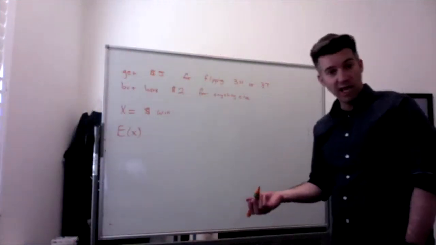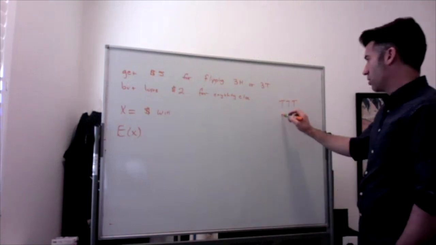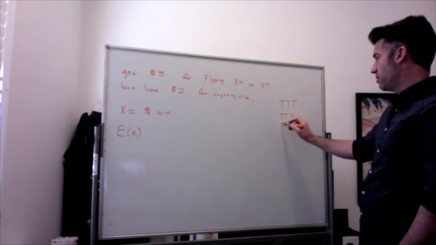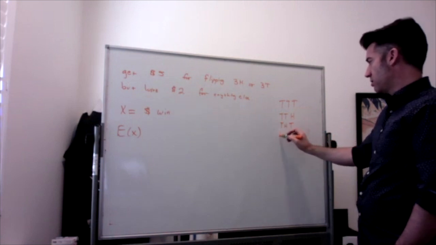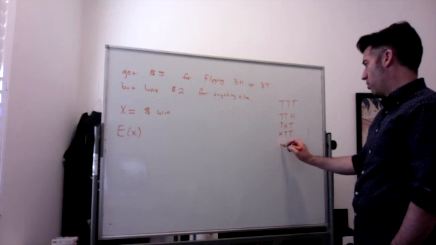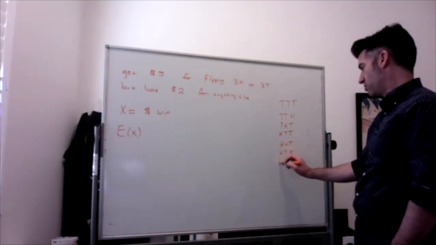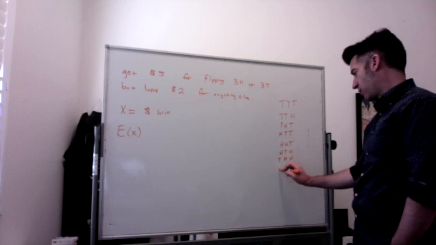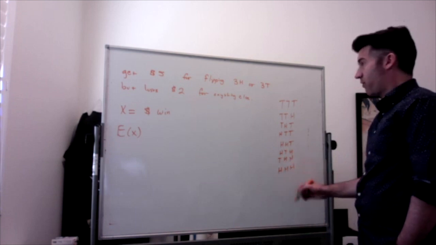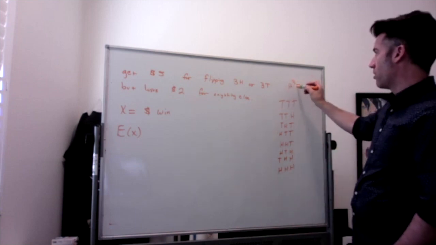So there are 8 possibilities here. 3 tails, or 2 tails and 1 head, there's 3 ways to get that, or 2 heads and 1 tail, or 3 heads. For flipping 3 coins, there's going to be 2 to the third,